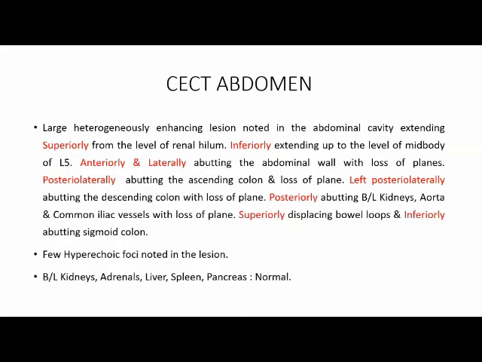Firstly, sir, we think of malignant GCTs if the tumor is central in location. At least the CT is not showing anything suggestive of varied heterogeneity, meaning it will have some foci of calcification, a little bit of fat, a little bit of muscle. So that varied heterogeneous picture is not very clear on the CECT abdomen. It only says few hyperechoic foci noted in the lesion. It will be a heterogeneous lesion basically.